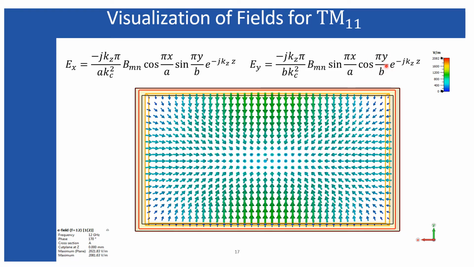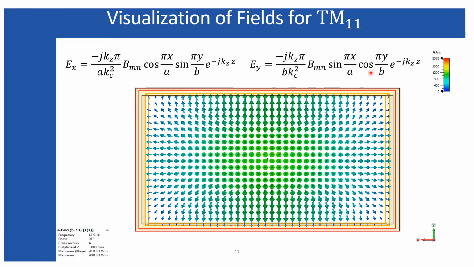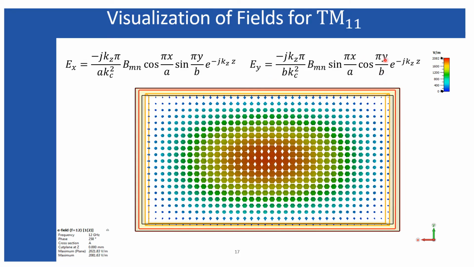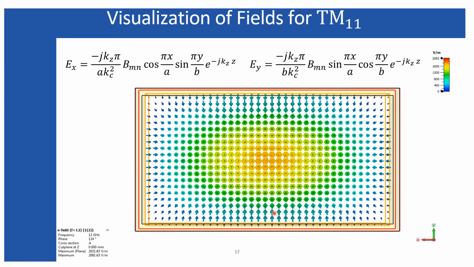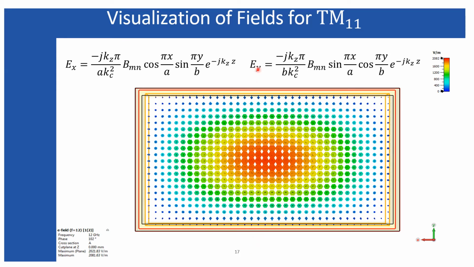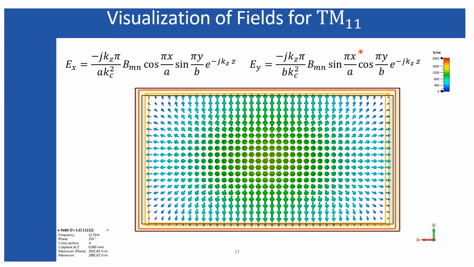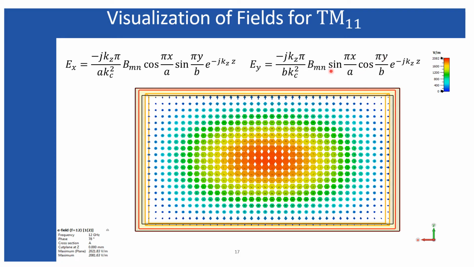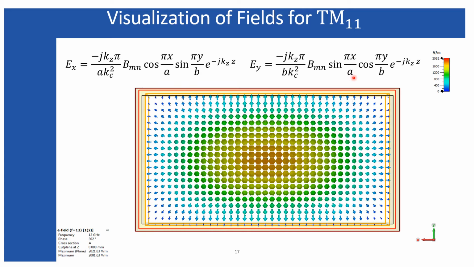Because when y equals 0 at this side, this cos gives positive 1, and when y equals b, this cos π gives minus 1. So that represents the arrows should be directed opposite to each other. At the middle portion, when you are approaching from y, that is from here, when you are reaching the middle position, this cos factor goes to 0 and the dominant factor appears due to this sin(πx/a).